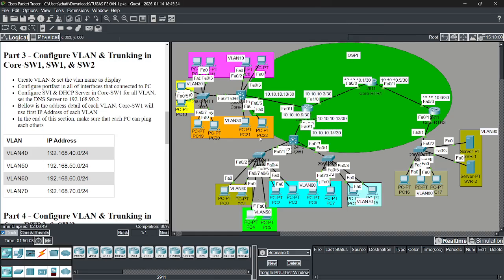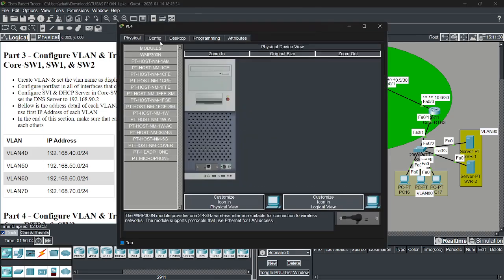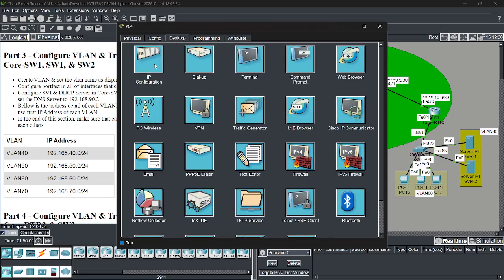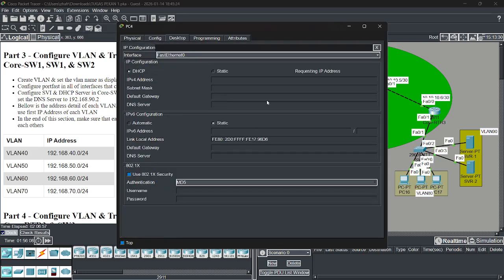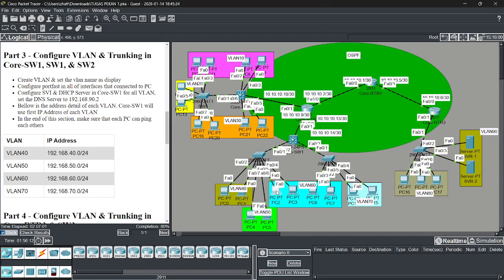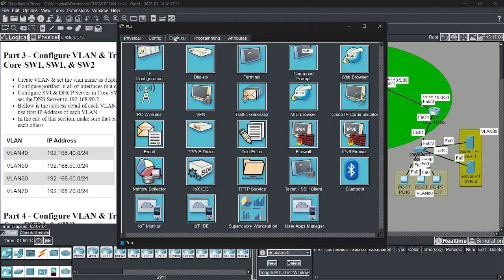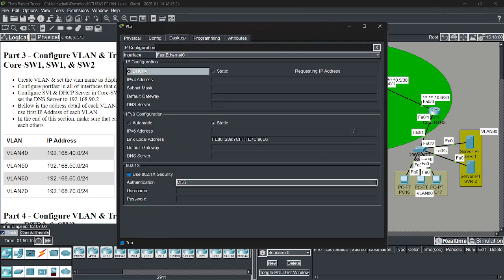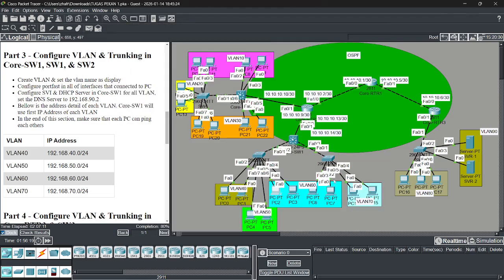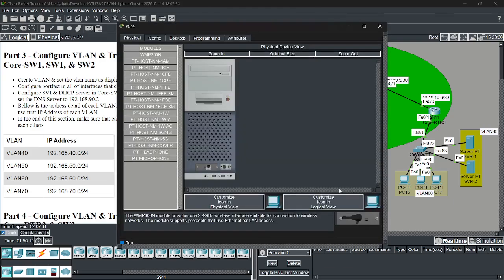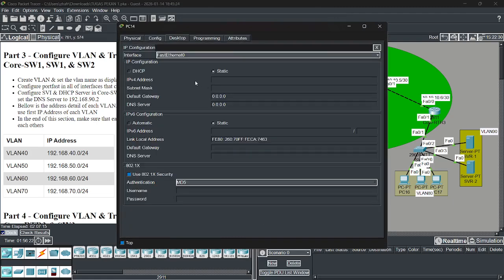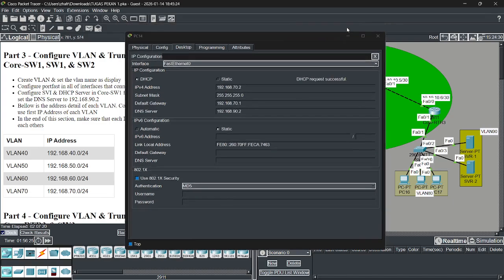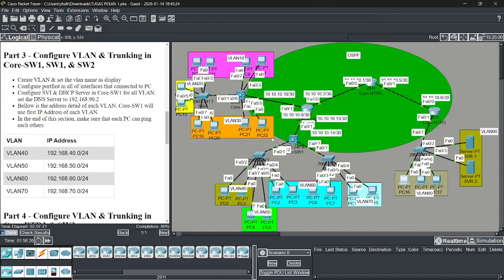Success. VLAN 50, sorry. And then VLAN 60. Okay, success. VLAN 70. Success. 80.